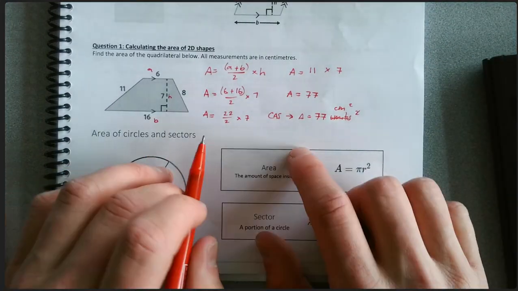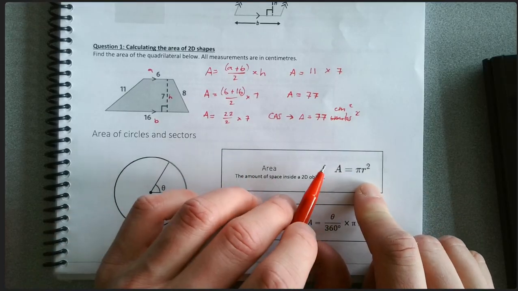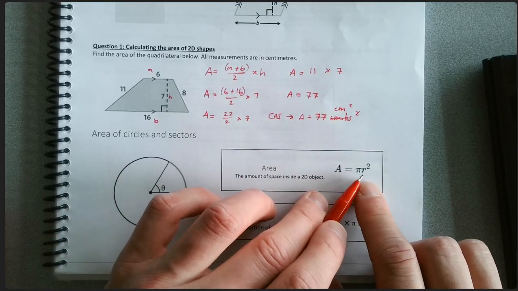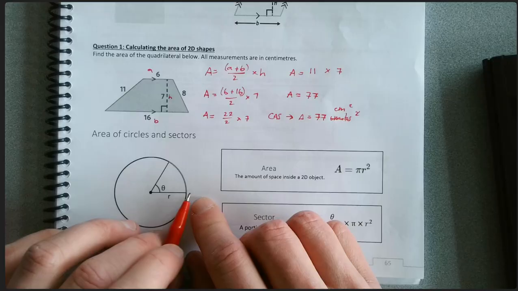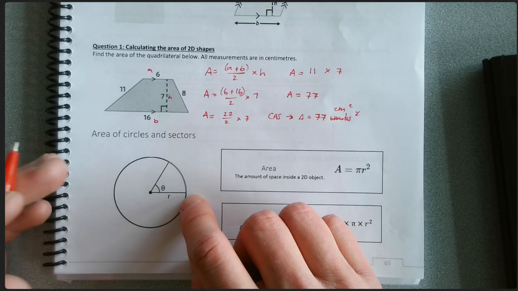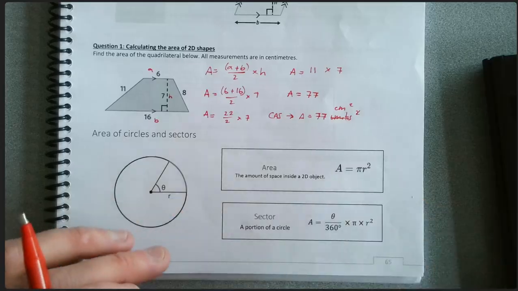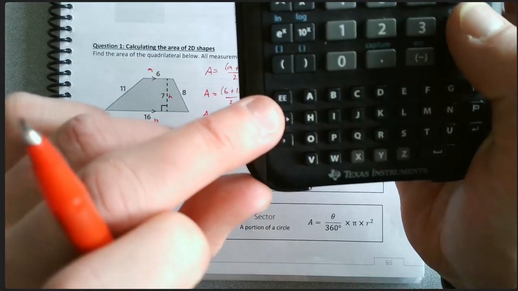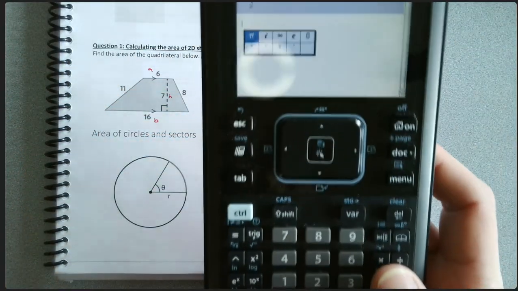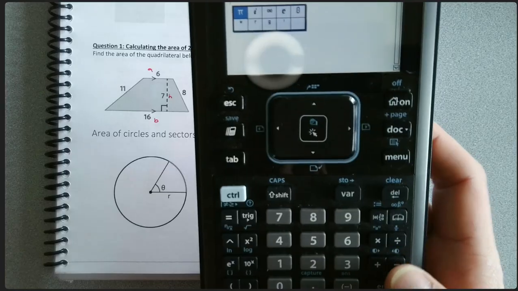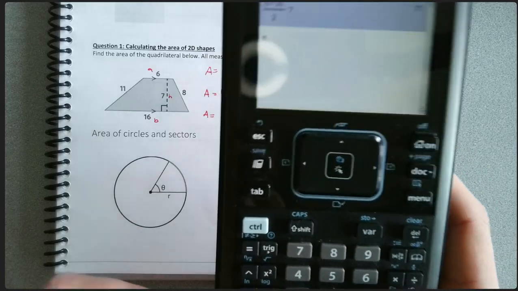So for the area of a circle, the amount of space inside a 2D shape, the way we work out area is pi times the radius squared. Right, so whatever this is squared multiplied by pi. If for some reason you're stuck and you can't find the pi button, it is right down there, right? So we hit that and it brings up a list of options. Pi is the first one, so you just hit that and enter,